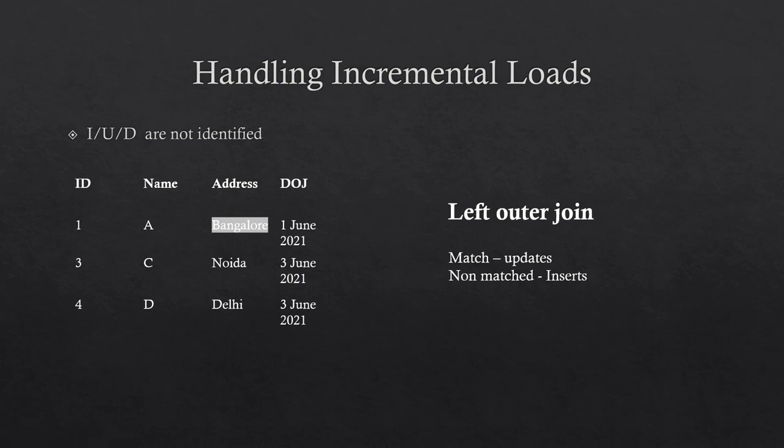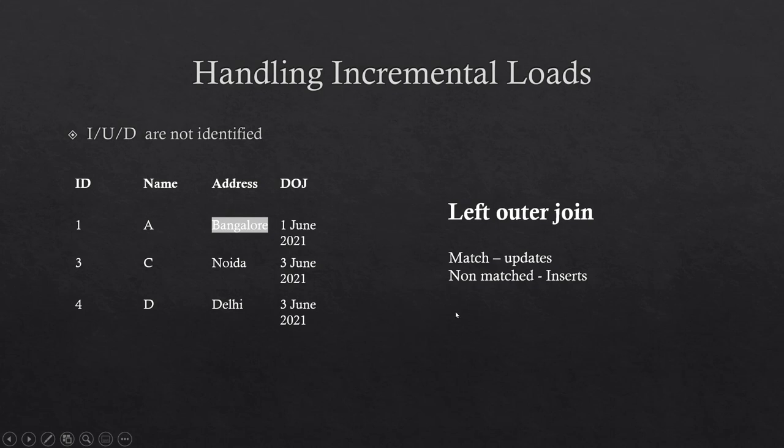One more important thing to keep in mind is we do not want to track changes for each and every column in the table, because there can be a very wide table which has hundreds of columns and business may not even be interested to track the changes that are happening in each column. So it is always good to have a discussion with business to understand that out of, let's say, 300 columns, what are the columns where they are interested to track the change. Maybe just 5 or 10 columns. So those are the columns on which we have to do the check whether something changed or not.